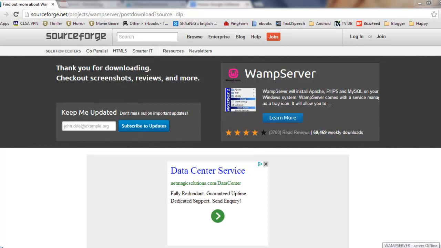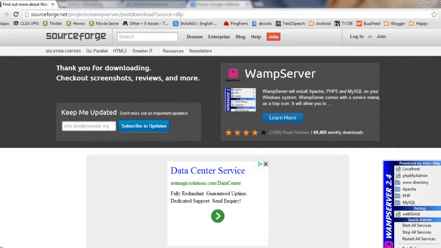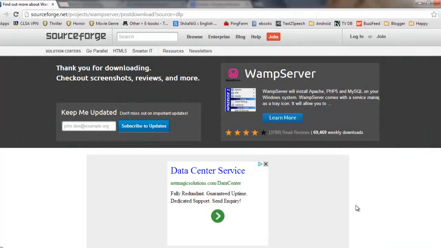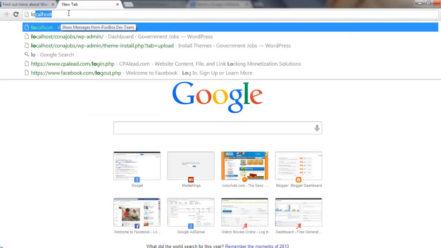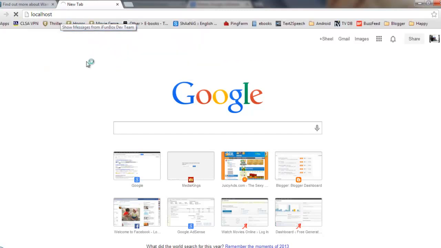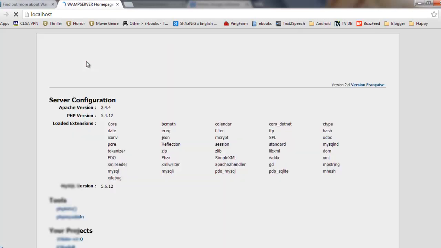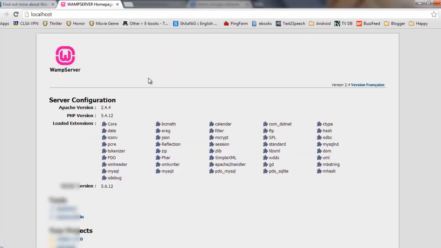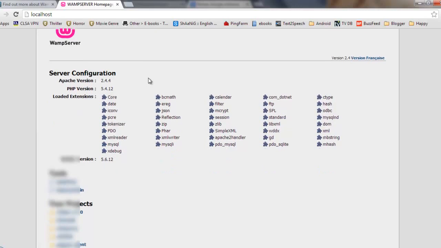You can click on the icon to choose the settings, like if you want to restart all the services, or if you want to make any changes to the PHP configuration or to your server configuration, you can do it from the taskbar menu, and after making the changes you have to restart it. Now if I go to my Chrome and write localhost and hit enter, my web server will start.